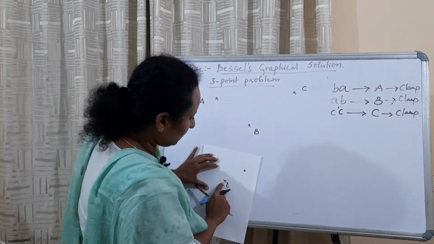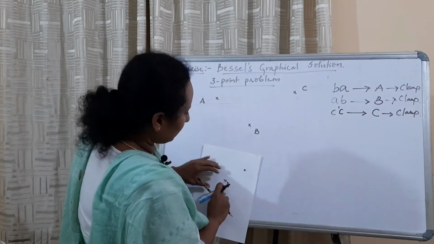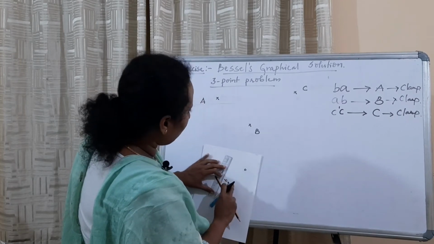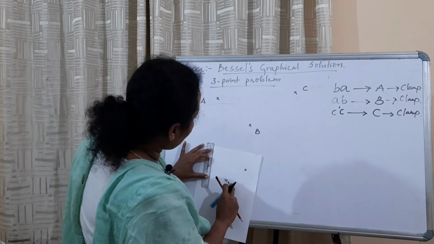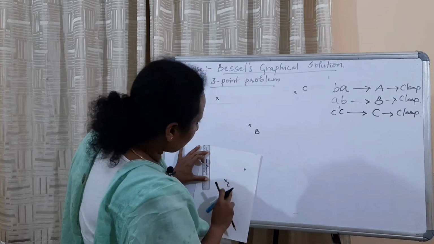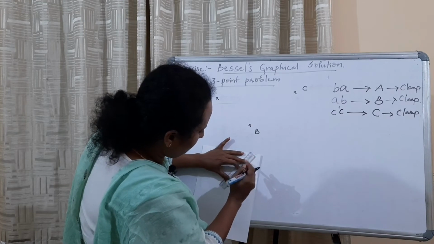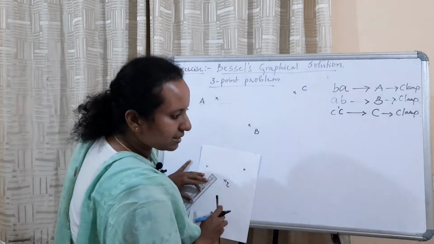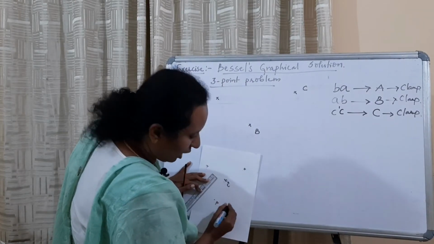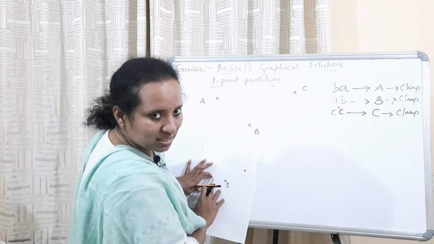Now, if you orient the alidade on point B and cite capital B, draw a line in that manner that gets extended to a point. Keep the alidade on point A, cite capital A and draw a line that gets extended to a point. Keep the alidade on point C, cite capital C and draw a line. All these 3 lines will join at a point called small p, which is nothing but the position where exactly the drawing board has been situated.